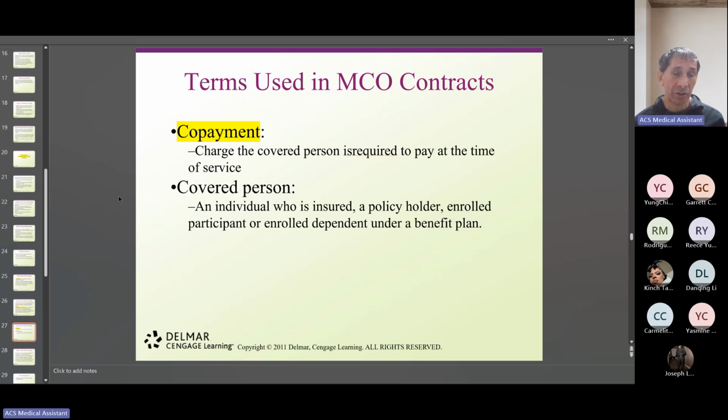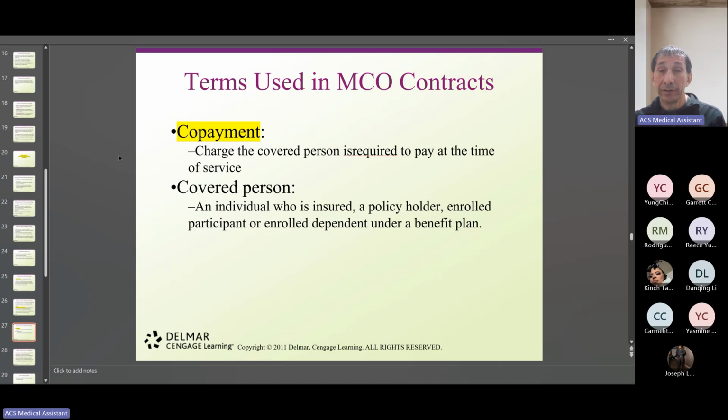You review the insurance. You know that the patient has coverage now. Oh, by the way, are you going to pay the copayment now or later? So collect those copayments. That's how it is. We have to collect copayments. So that's the amount of money that you're going to charge the patient. So now you know what the copayment is.